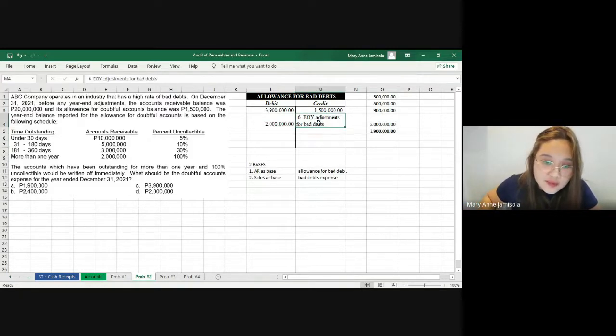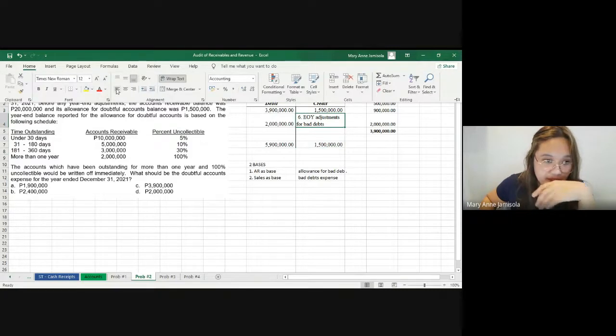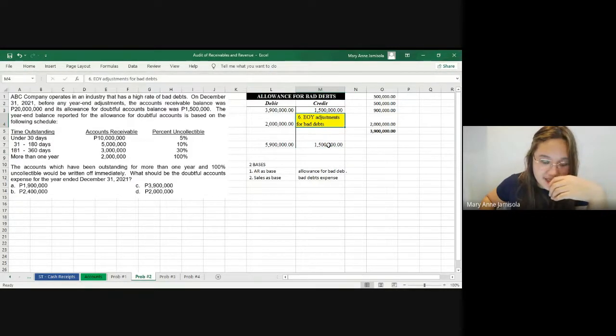So what is missing is the bad debts, which is what we are looking for here. What should be the doubtful accounts expense for the year ended December 31? So what we should do is to put the debit and compare it to the credit. So this one is 5.9. This one is 1.5, right? So the balancing figure, which is the bad debts expense, will be